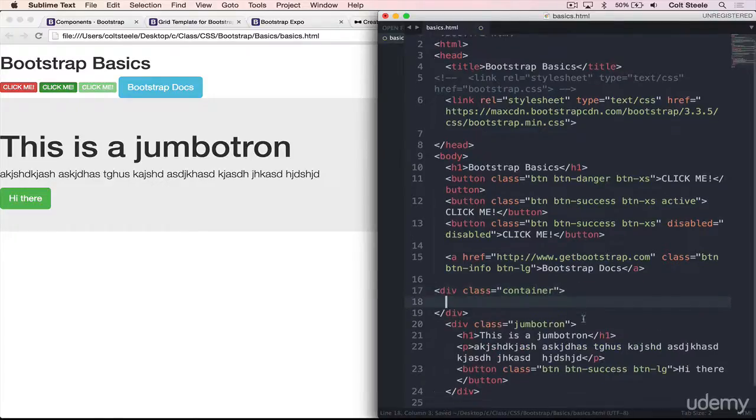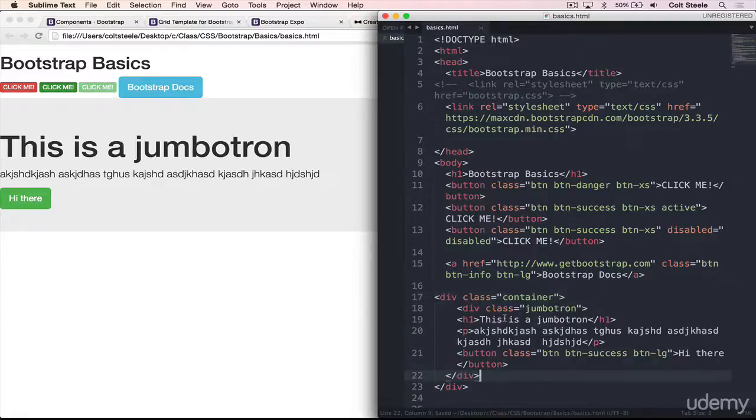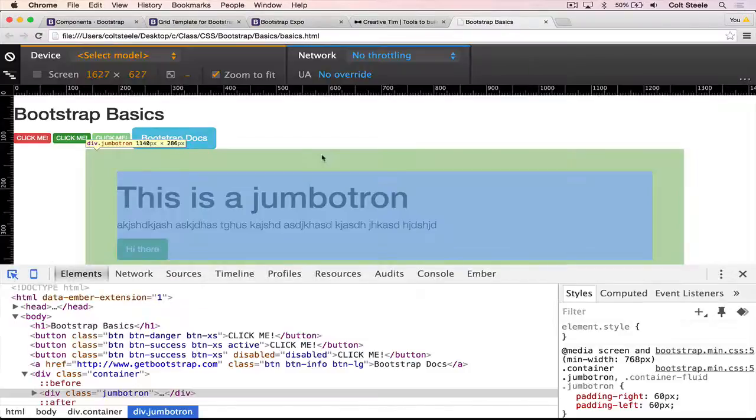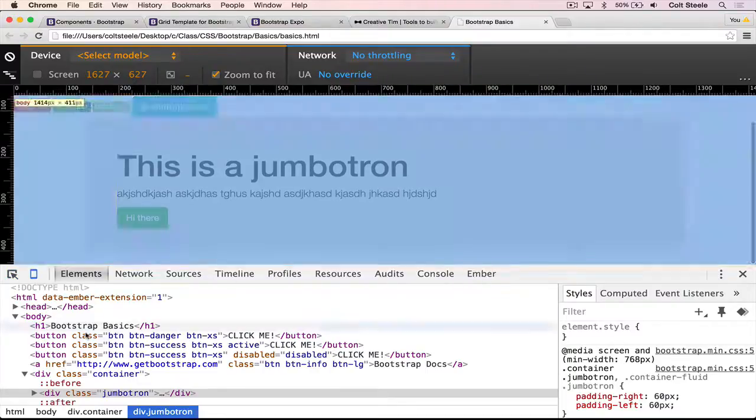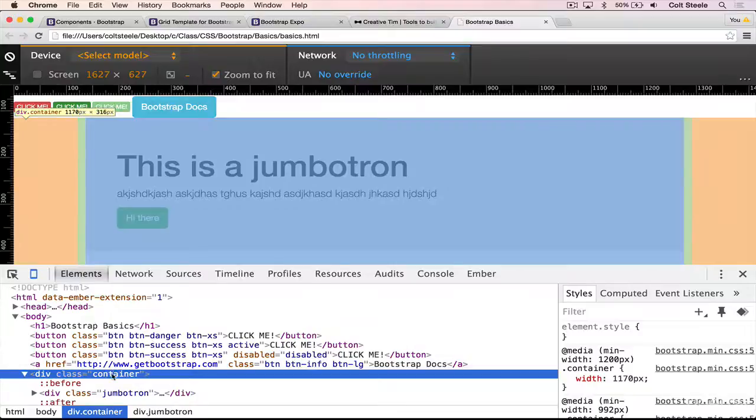And what container will do, if we just put stuff inside of div class container, it gives it some spacing, some padding around it, and it centers things. So the container, if I inspect it, takes up all of this space here, so you can see, but it has quite a bit of margin on it. So if we just want a quick improvement without having to use the grid system, which we haven't talked